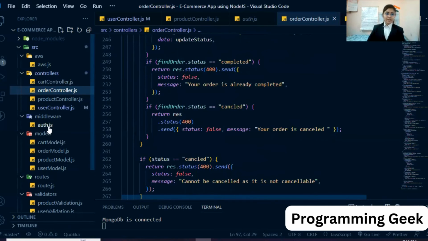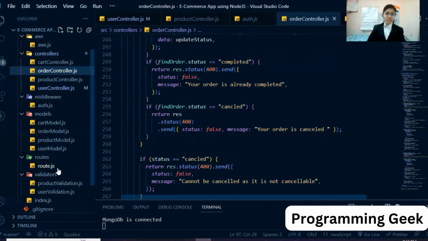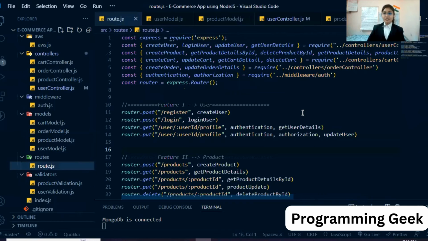And then in route.js, I import all the functions which are used for authentication, authorization, and for CRUD operations in this module. Then I use this module here.